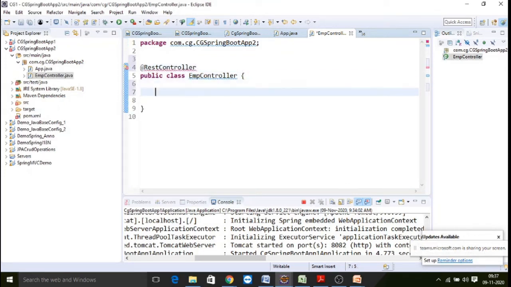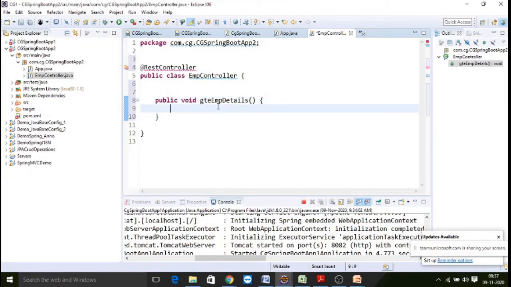Then you need to write a method, public void getEmpDetails. Within this method, you simply write what is going to be displayed.